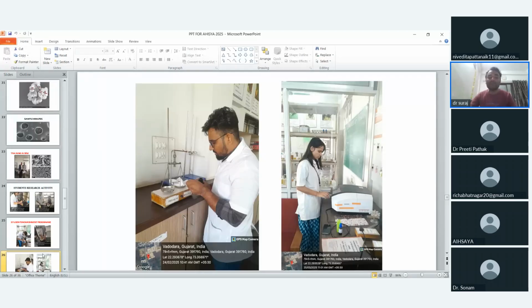This AFM is also available in our Parul University in the Parul Micro Nano Lab, and we carry out this standardization and the method of preparation with the mother tincture and ultra high dilutions also. So this is our way of working. We established this work with our PG students and UG students, to facilitate other people and other faculties also, and to have a right propagation in the field of evidence-based medicine.